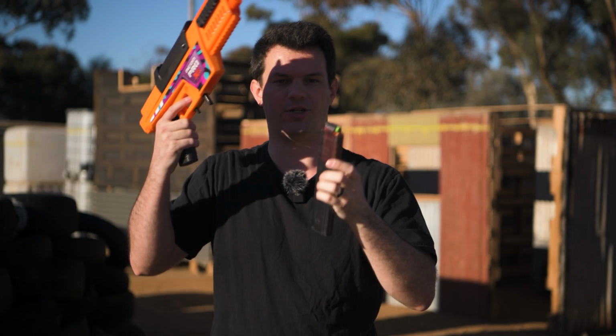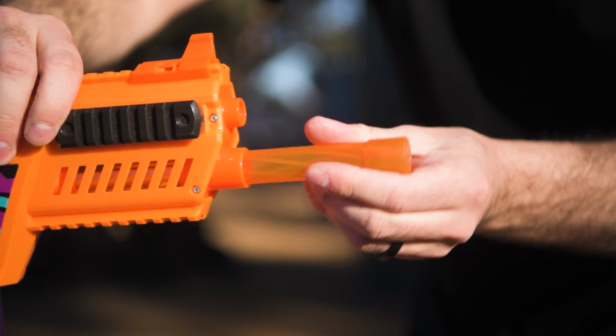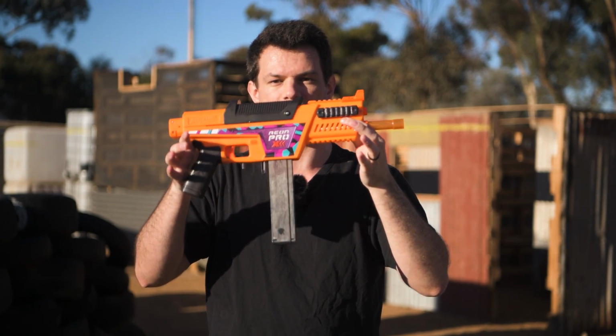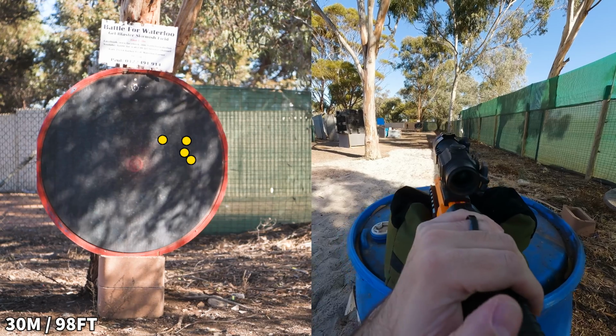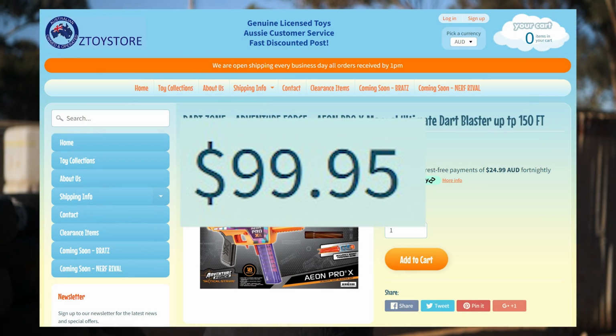Straight out of the box, it only shoots half-length darts and also comes with some Nerf rifling, making it a very affordable option, half the price of the Nexus Pro, introducing brand new Nerfers over in the USA to accurate Nerf blasters. Now, the cheapest I could find this for here in Australia is 100 kangaroos, but luckily for me,